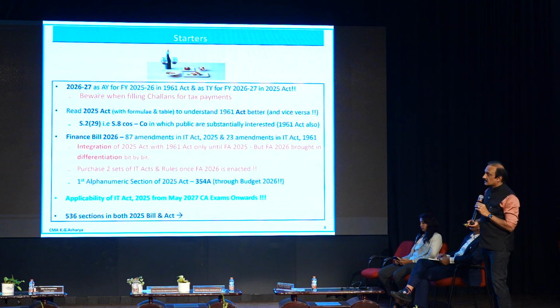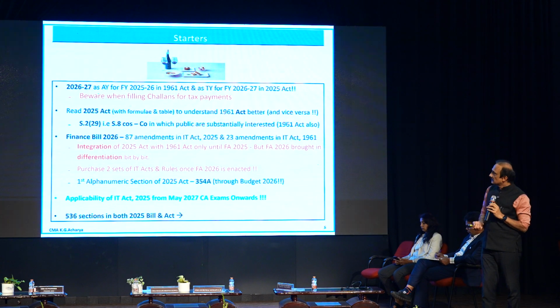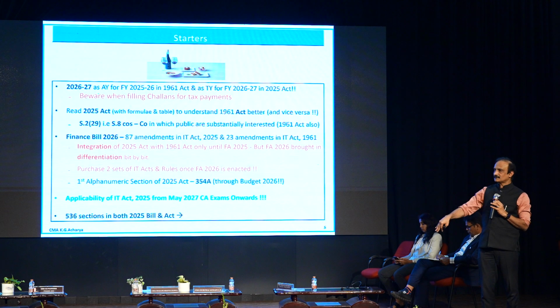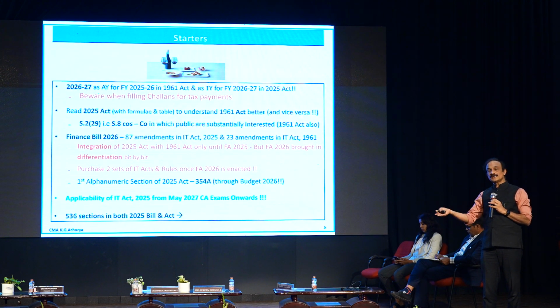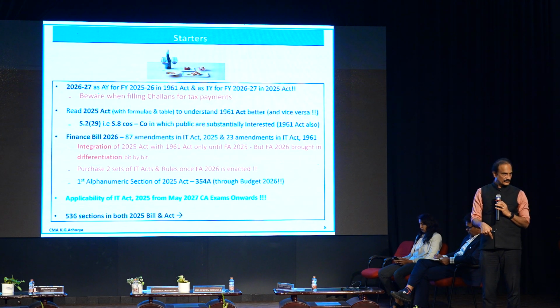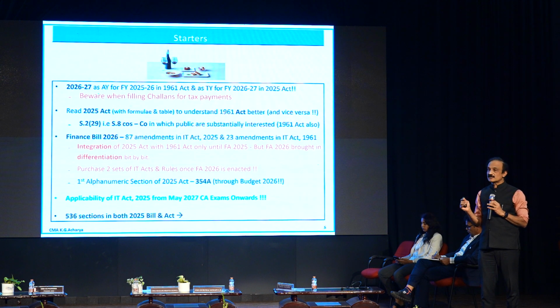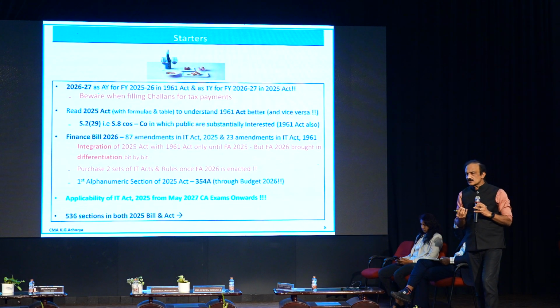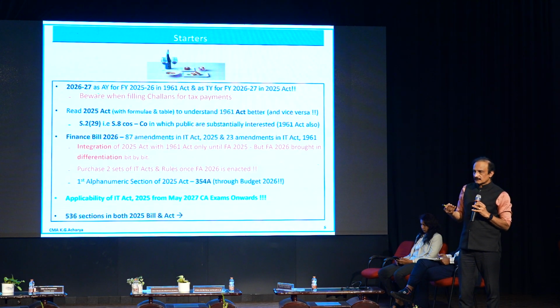2026 as assessment year. Now one of the challenges that we will have is 26-27. That means in the next 16 days, 26-27 will be the tax year, and that will be the assessment year for this year. For 25-26, it will be the assessment year. There will be 2 26-27s concurrently going on for the next year at least. Today is the last date for paying the advance tax.